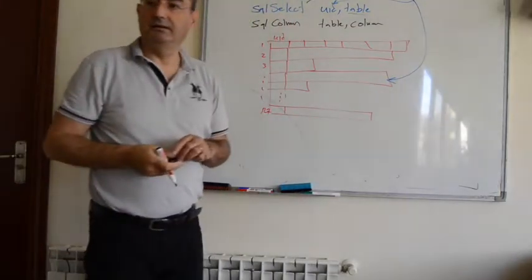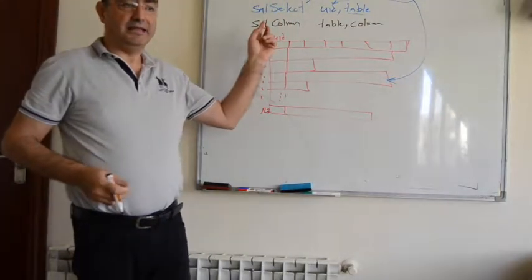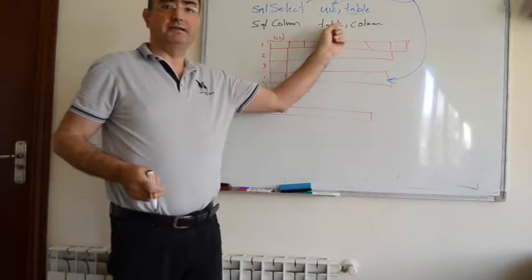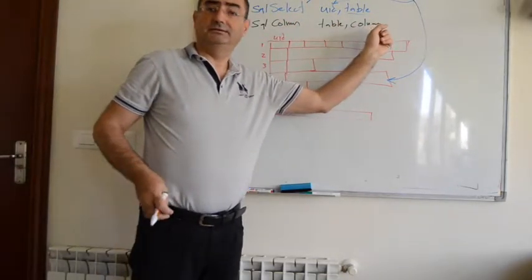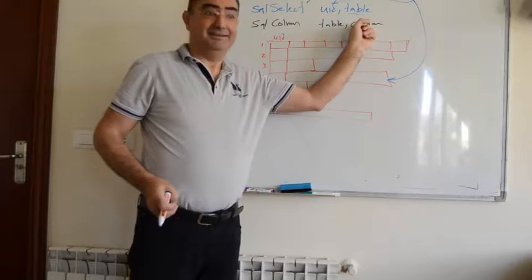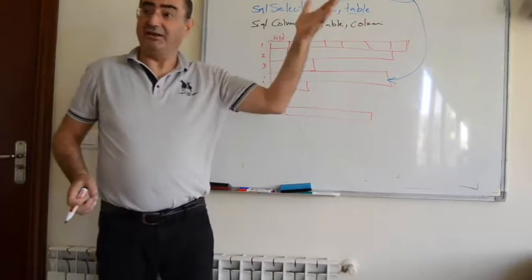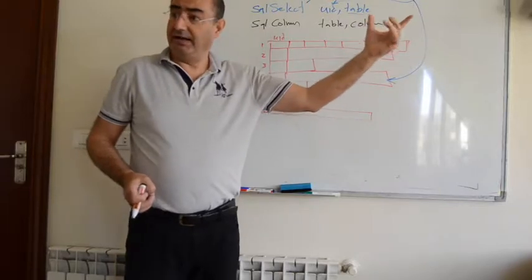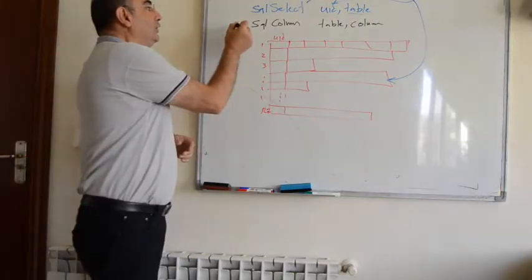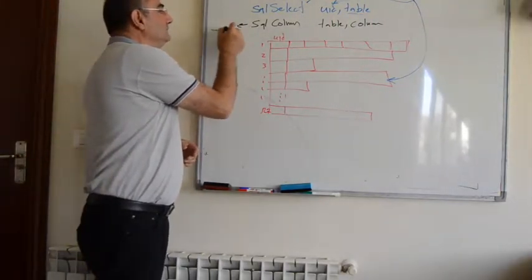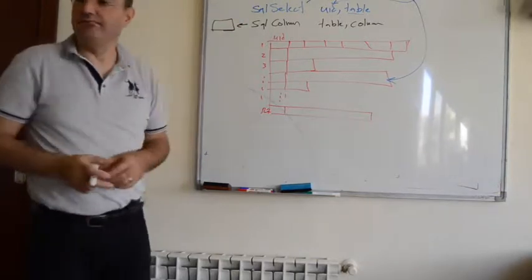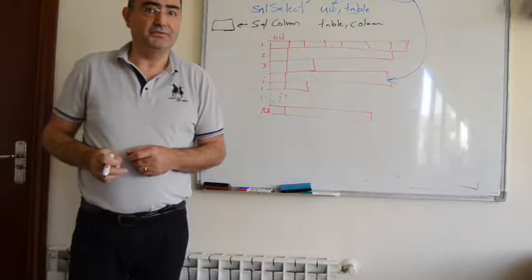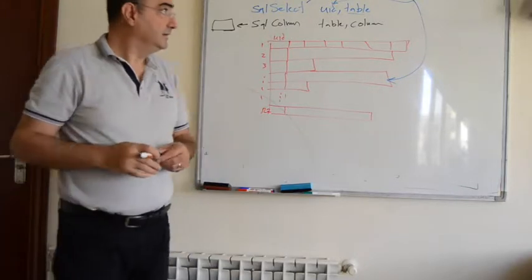For example, if I tell you, get me the value of the SQL column from the document type UID, it will go and get the document type UID column from the table document and will store it in another memory variable. Okay? But you tell me,